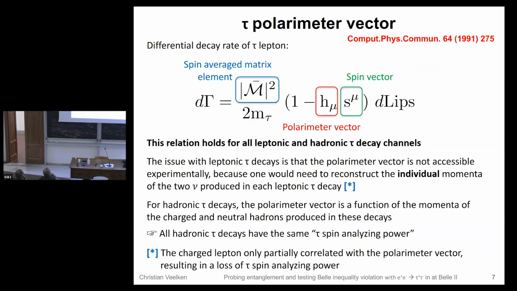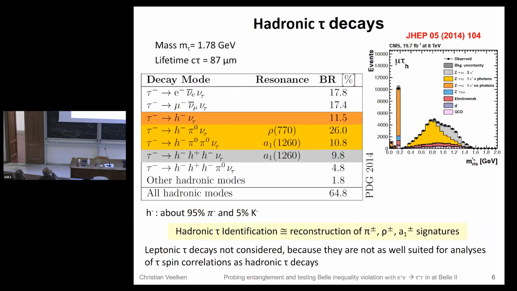This is an old slide that I have stolen from my previous work on CMS. The color coding in the table on the left is the same as on the plot on the right. And the take-home message is that these decays, which account for the largest branching fractions, are actually quite well reconstructed in the CMS data. This is a decay of a tau into one charged hadron and one neutral pion. This is the decay of the tau into one charged hadron and two neutral pions. They proceed via rho meson and A1 resonances.